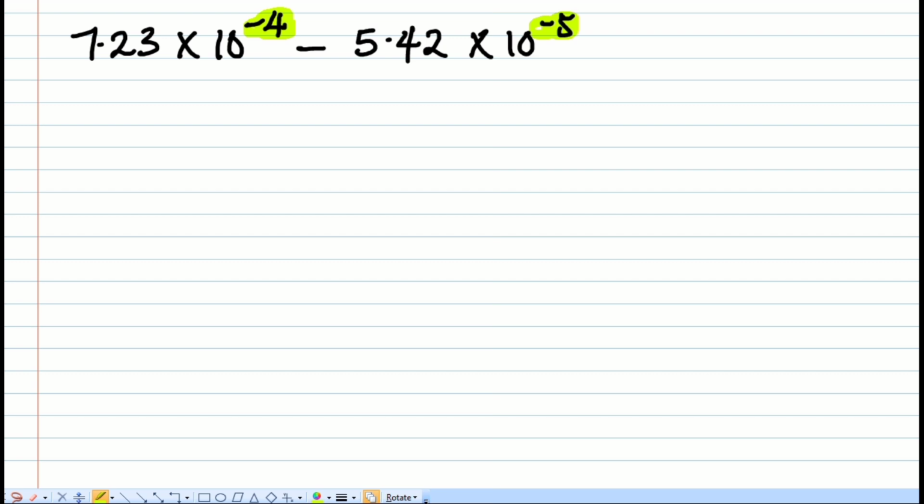So all we can do is apply the laws of indices. However, bear in mind that there are multiple ways of doing this, but since we're using the factorization method in this video, we're going to just choose one of the terms. All right, so I want to work with 10 to the power minus 5. You can also do the same for the other. So I have 7.23 times 10 raised to the power minus 4, minus 5.42